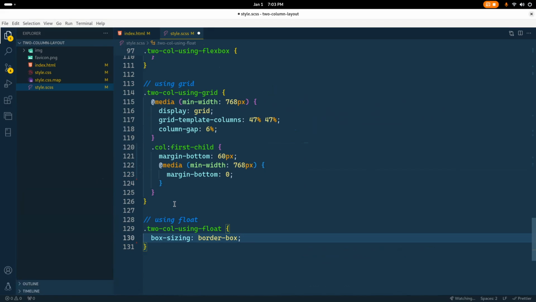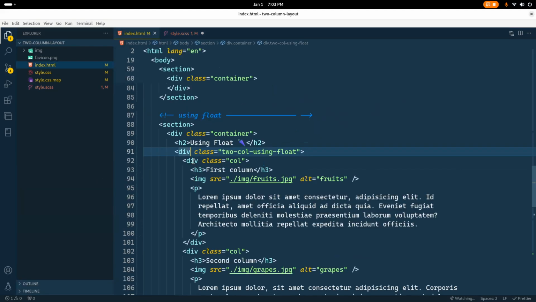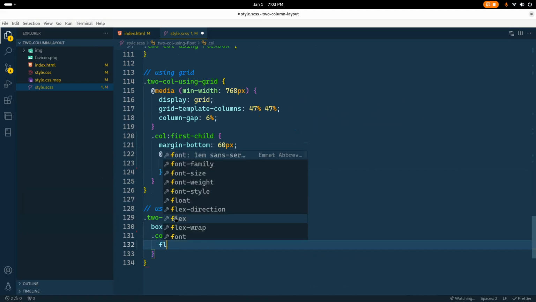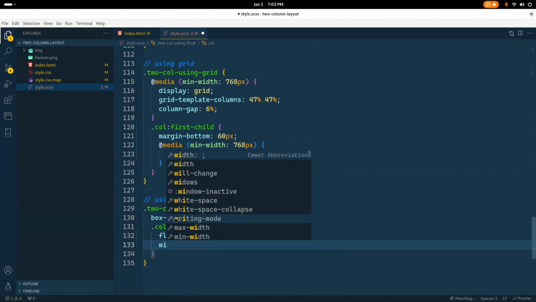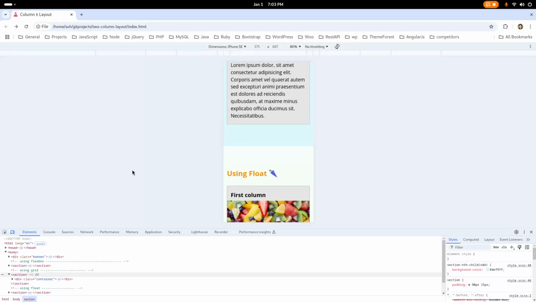And for this second column, let me check this name. Here I also have a column class for this second div. So column and float left, and width should be 47%. So if I save this and check this,